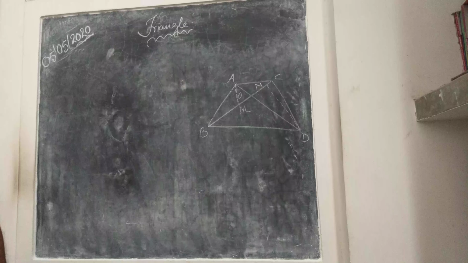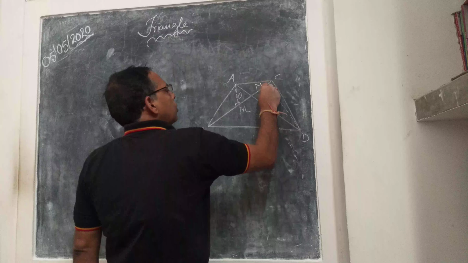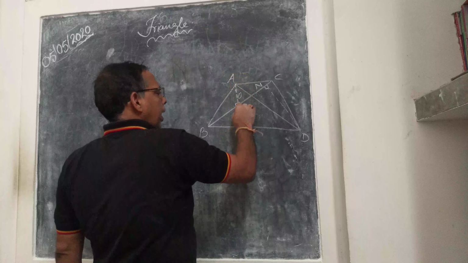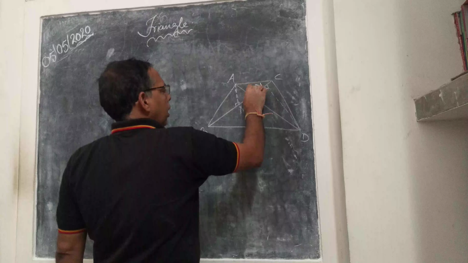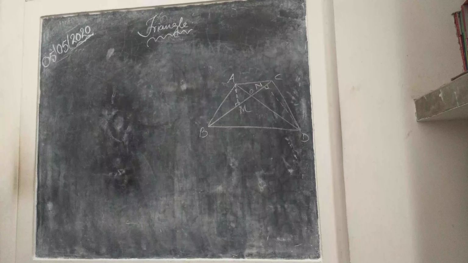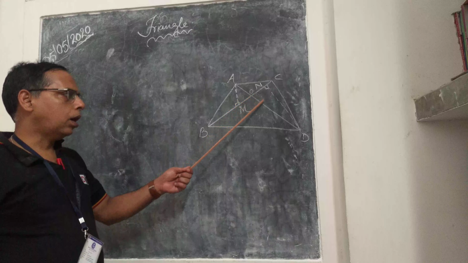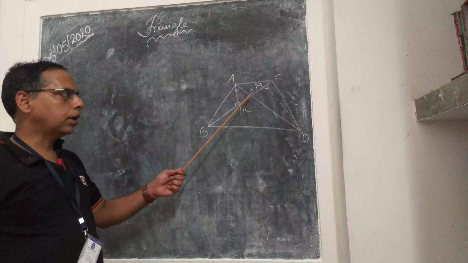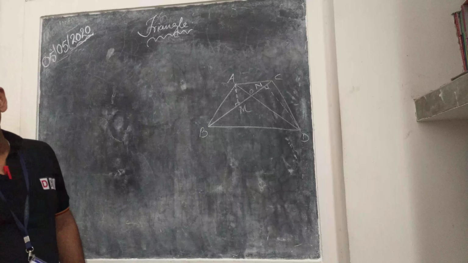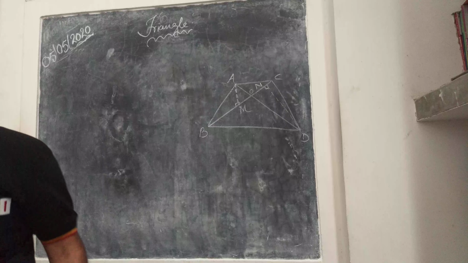Now, the moment we draw the altitude, one thing you see: altitude means 90 degrees. Then, if it is 90 degrees, triangle AMO and triangle DNO are similar. Yes or not? Similar. Why? Because this angle equals 90 degrees, and these two are vertically opposite angles. That means these two triangles are similar. If they are similar, then see what the area of these two triangles is. First of all, you find out that one.